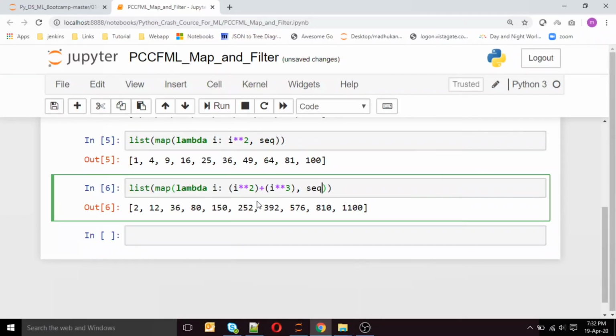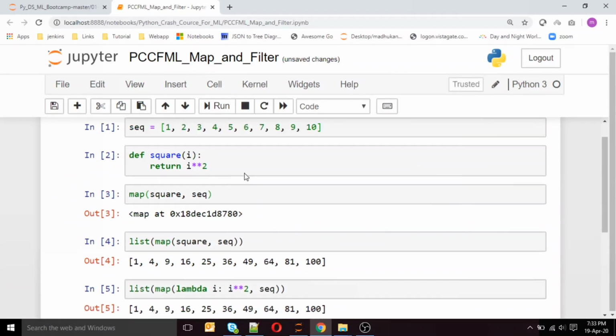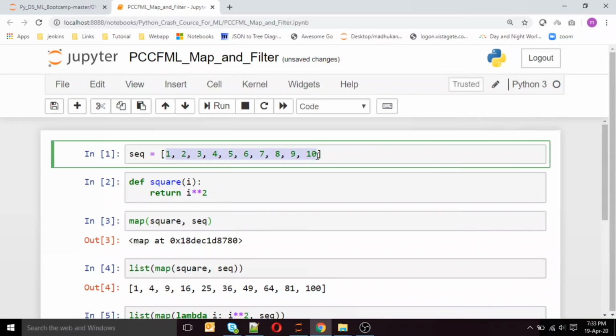Now comes filter. In filter, you can filter some output from that sequence. For example, I want to filter only even numbers from here.